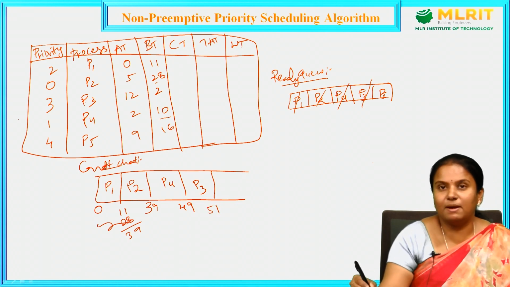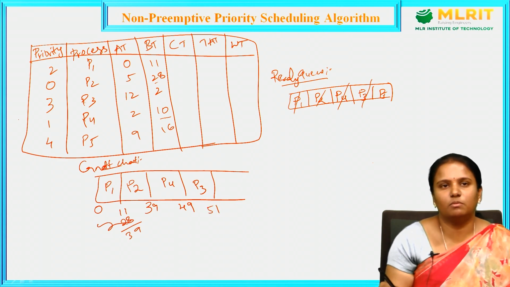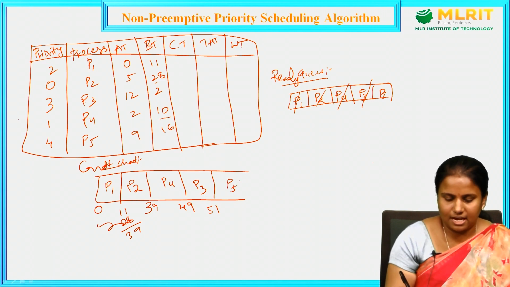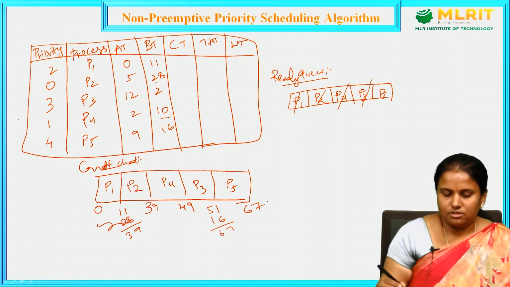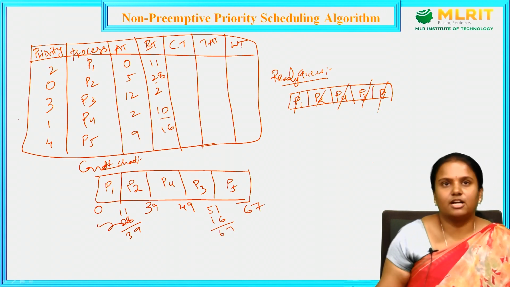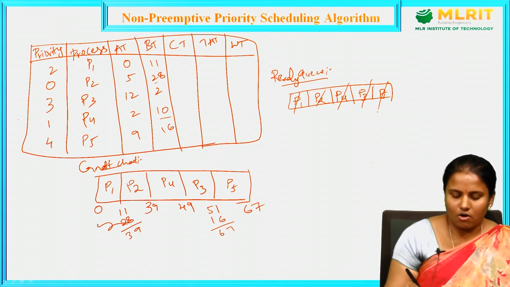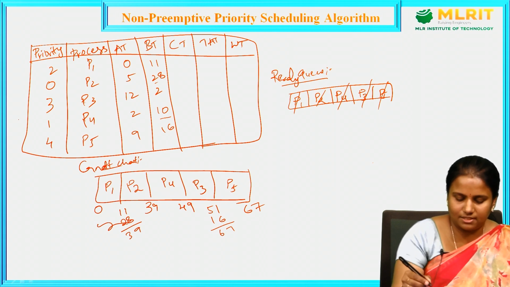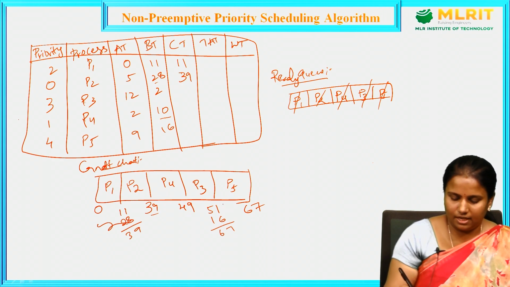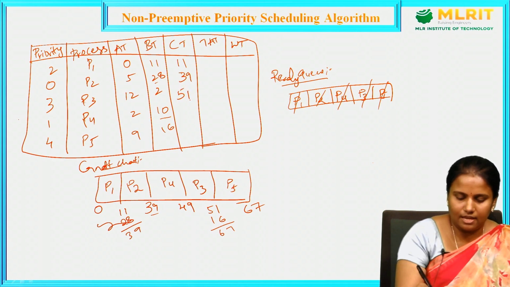What is remaining last in the ready queue? P5, with a burst time of 16. 51 plus 16 is 67. So P5 is also completed. This is the Gantt chart using priority. Process P1 completes its execution at 11, then P2 at 39, then P3 at 51, then P4 at 49,